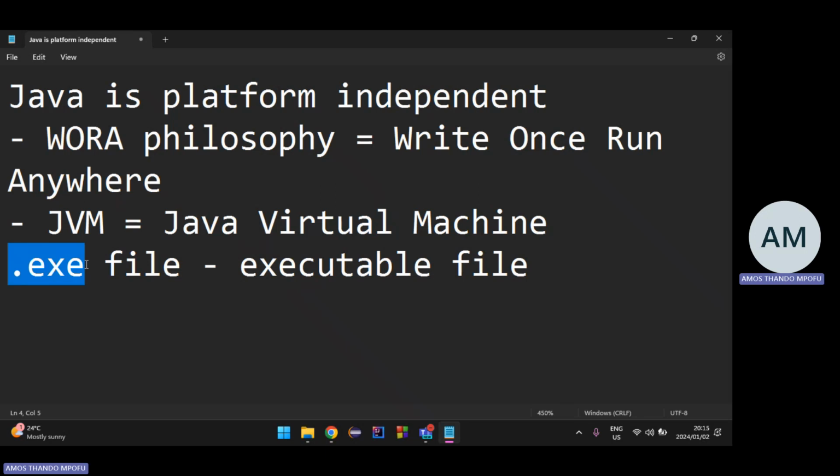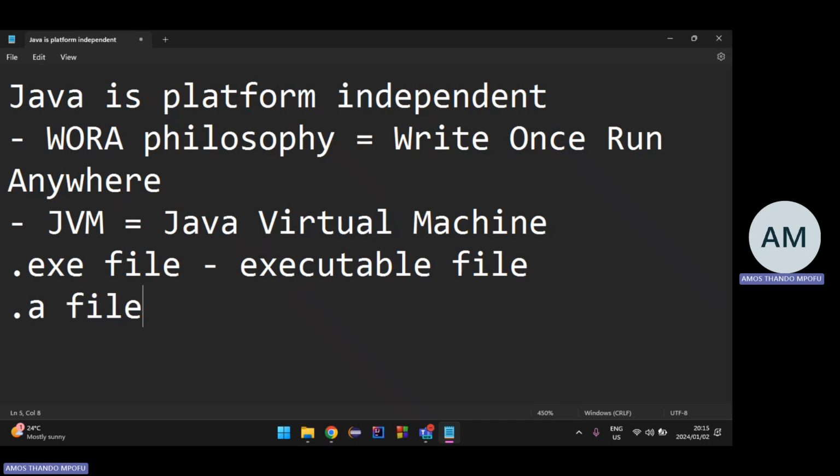When you are dealing with languages like C or C++, they are not platform independent. They run on that specific operating system and generate a file based on that operating system. So if you run it on any Linux distro or any Linux operating system, it's going to create a .a file.